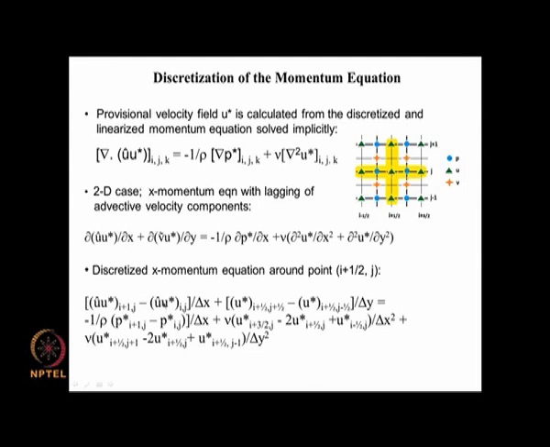Since we have an estimate of u from the previous iteration, we see whether that is positive. If that is positive, then u star at I plus 1 here is taken to be u at I plus half j, and similarly u star at I, which is this point here, is taken to be u at I minus half j. But the coefficient here is evaluated as the average of these two and the average of these two here. Similarly, here we have this v hat, which needs to be evaluated at u I plus half j, I plus half at this point here. So, this brings in v hat.